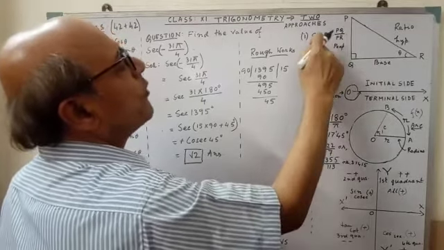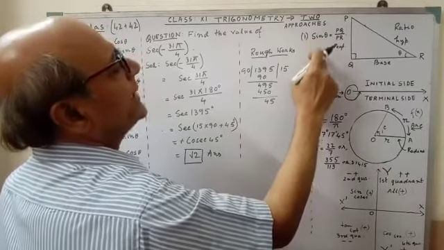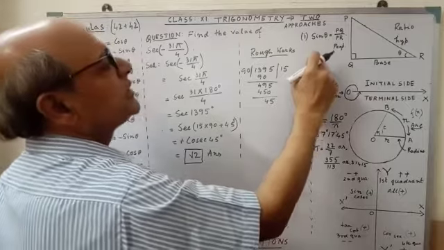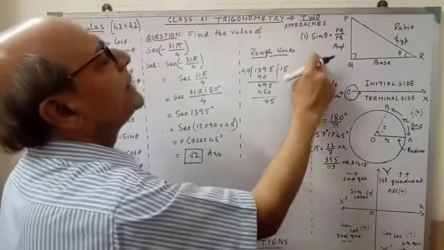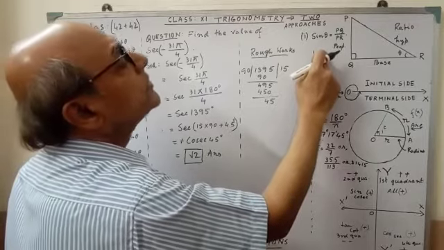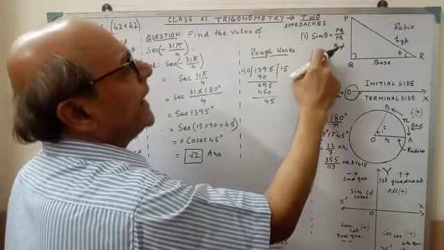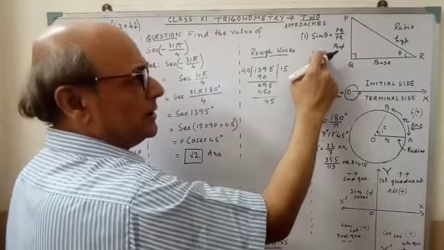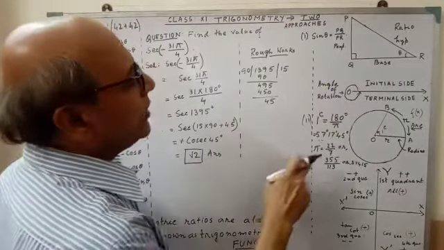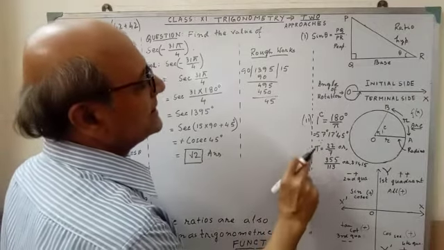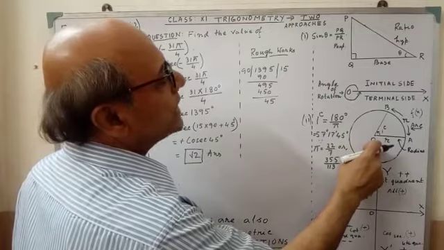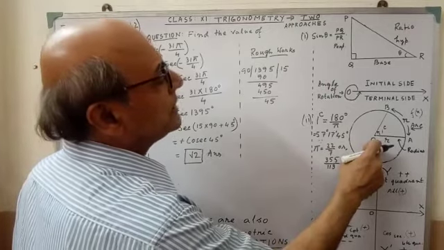In this way, cos theta and tan theta. Sine, cos, tan, these are the three basic trigonometrical ratios, and the reciprocals of these three are the other three trigonometrical ratios, that is known to you very well: cot, sec, cosec. And now in class 11, you have to focus on the unit circle,